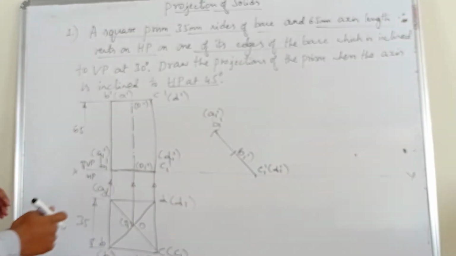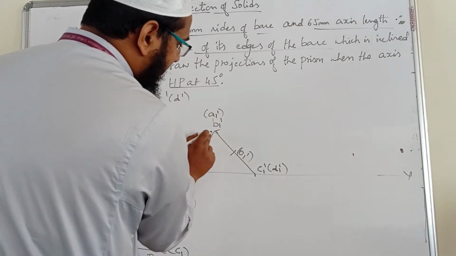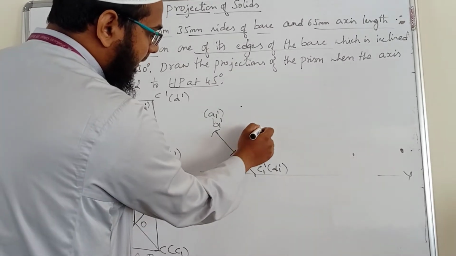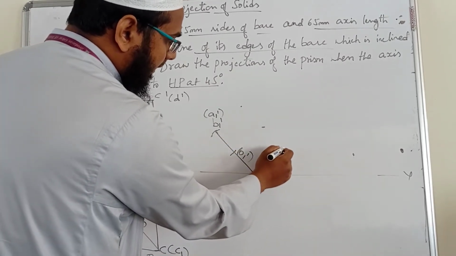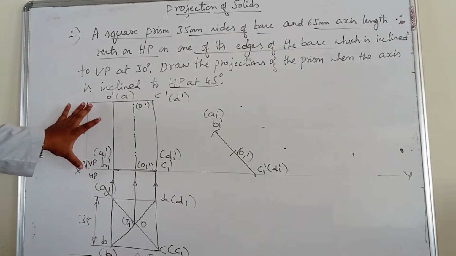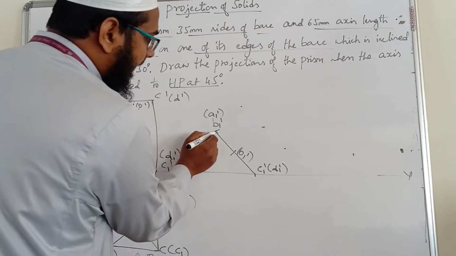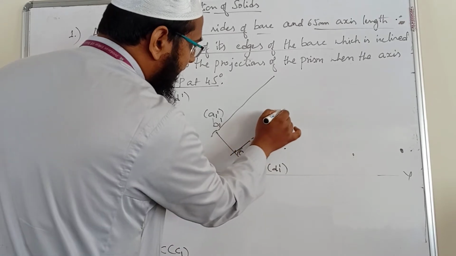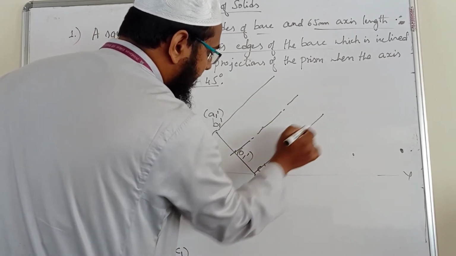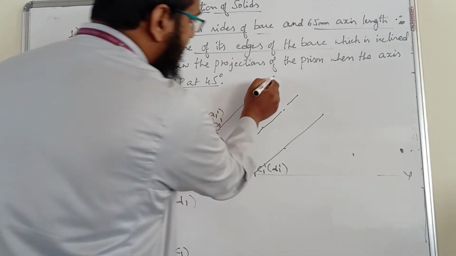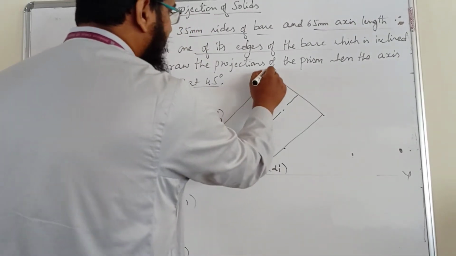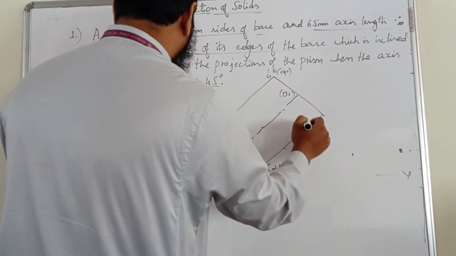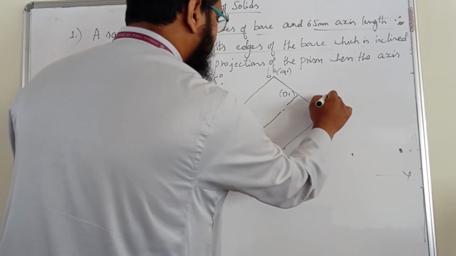So you have drawn the base. Now you take the protector, keeping it at this reference point, and mark for 90 degree. Similarly, keep the protector and mark for 90 degree. After drawing the 90 degree, this length we know it is 65. Using a straight line scale, you can draw a straight line here, and then run it using a scale. So this is B dash, A dash. This is O dash, this is C dash, D dash.